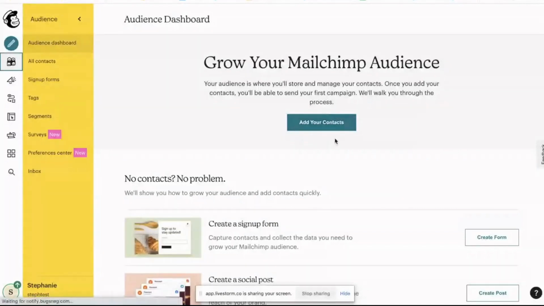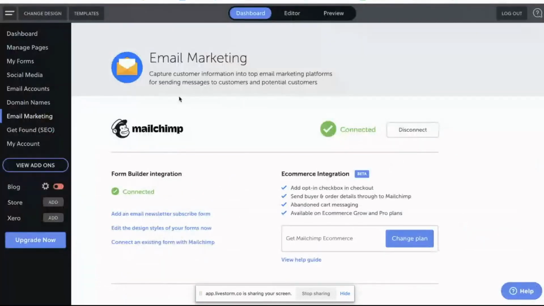So you can add in your contacts as well. If you've already got contacts that you need, you can also import them in. If you're moving from a different email marketing tool to this one, you can bring them all across just to make things easier rather than making all of your customers resubscribe. So what we can do now is we'll have a look at the e-commerce side of it. I know quite a few of you will be more interested in this side.